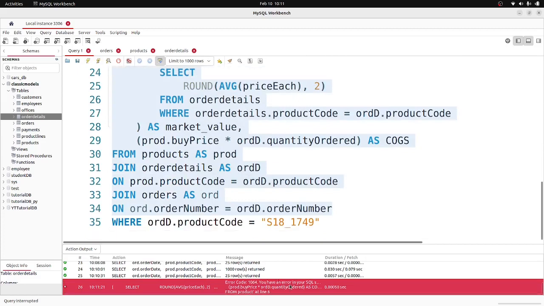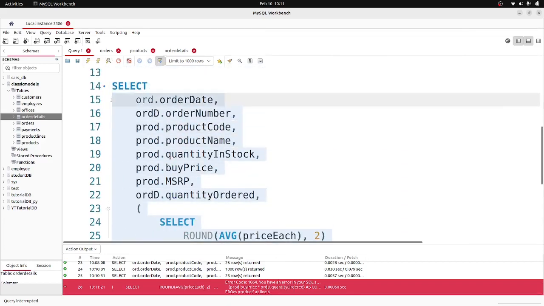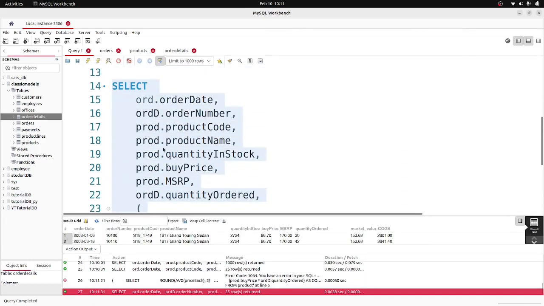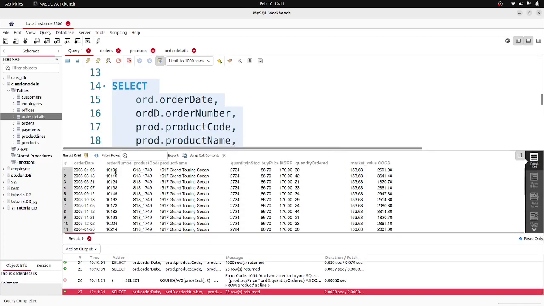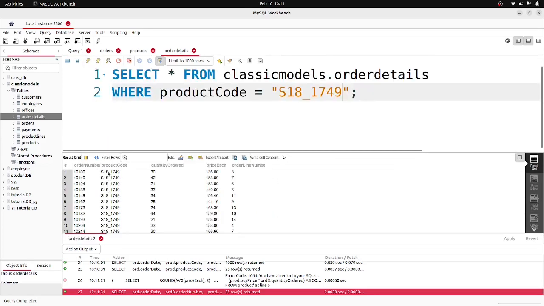Okay, it says that you have an error on a SQL call. Let me just select this to make sure I have the whole thing selected. So select all of that and run it again. So we have the information right here. So let me just pull out that information. So we have the order number right here, which is 10100. So if I go in 10100, so you can take this 30 times this one. You should be able. No, sorry, not 30. Sorry, you should take the